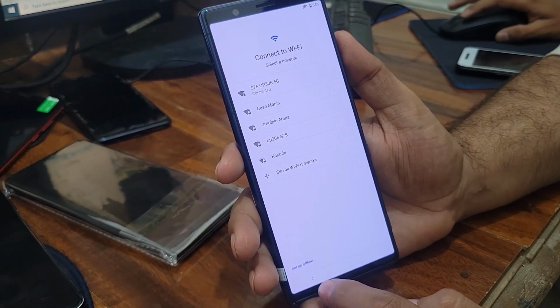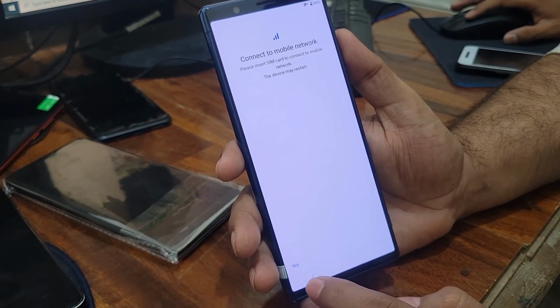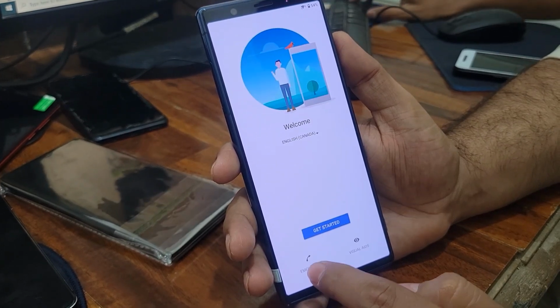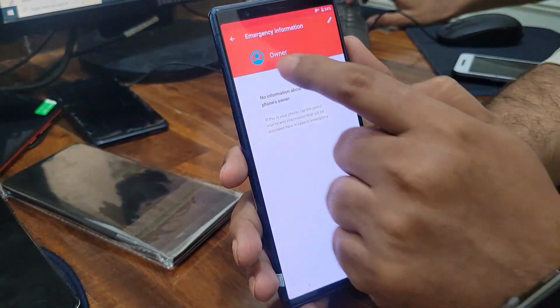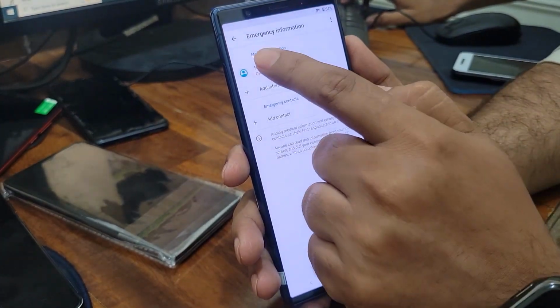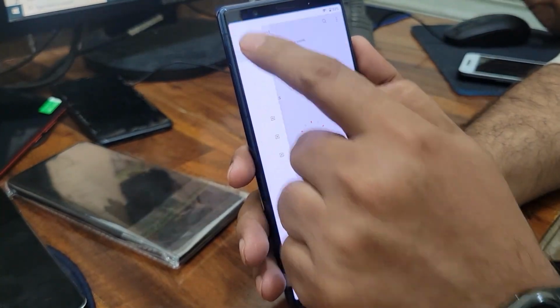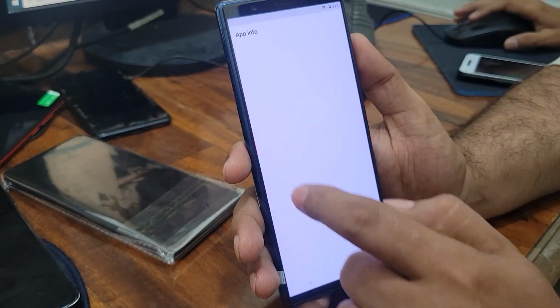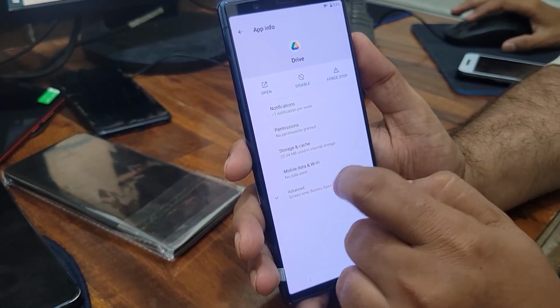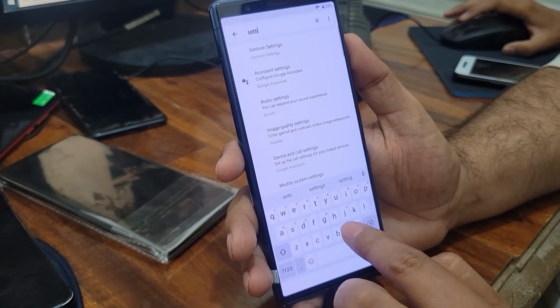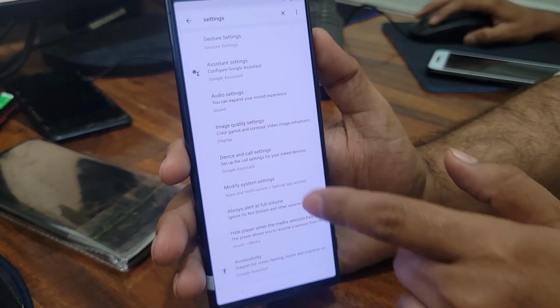Okay, here it is, setup offline. So your FRP is now unlocked. Go into the name again in the profile and choose an image, and you have to do everything just like before to go into the settings, okay,